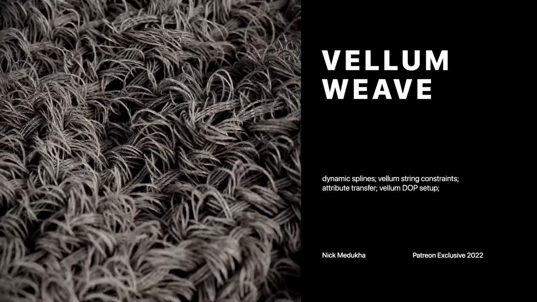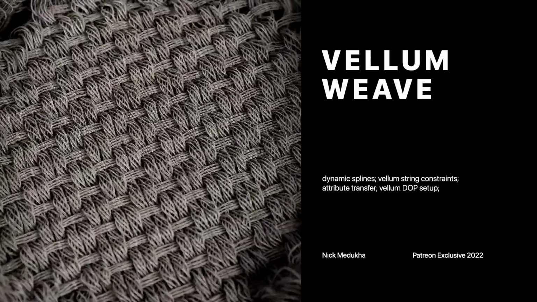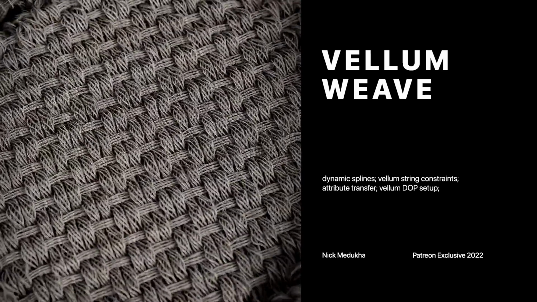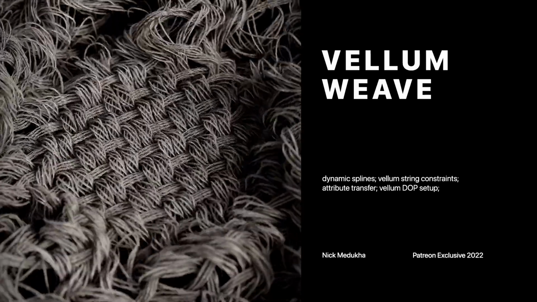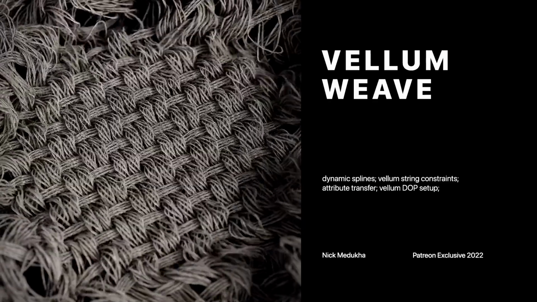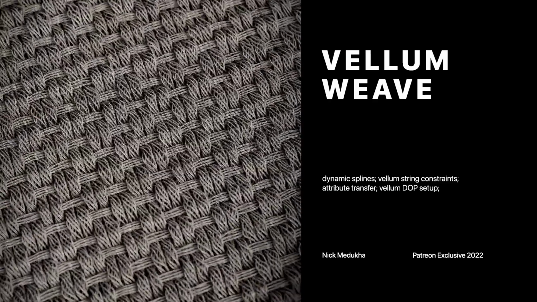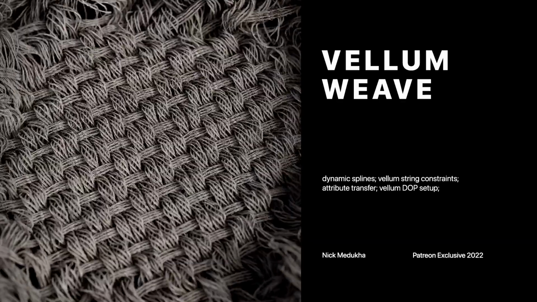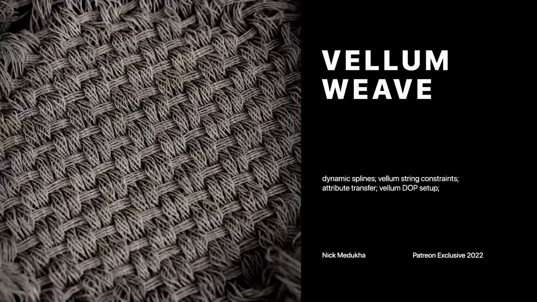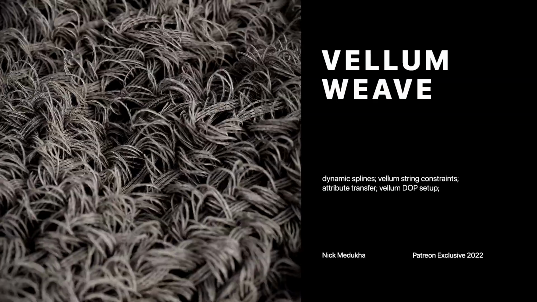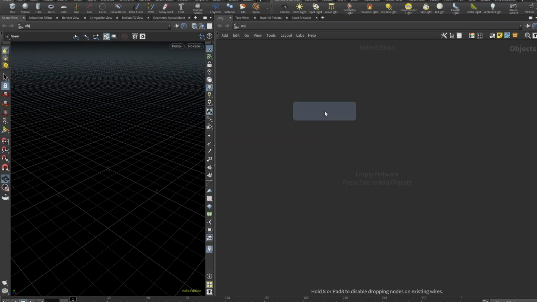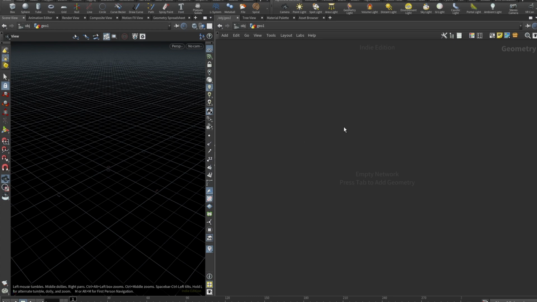In this one we will be creating a loose weaving technique with dynamic splines that we will be processing through the Vellum and then applying some of the Vellum constraints, which will be driven by, of course, our lovely source spread. This example is based on just a plain grid, but you can adapt this technique to basically any shape or form you want. And I also encourage you to experiment with the weaving technique, the pattern that strands follow, and you can get really interesting results. So definitely want to drop a geometry node, which is our main thing that we will